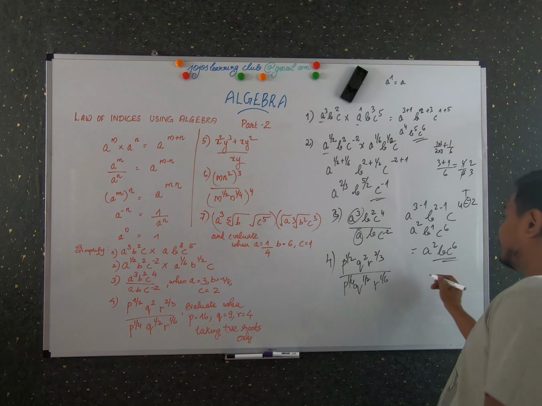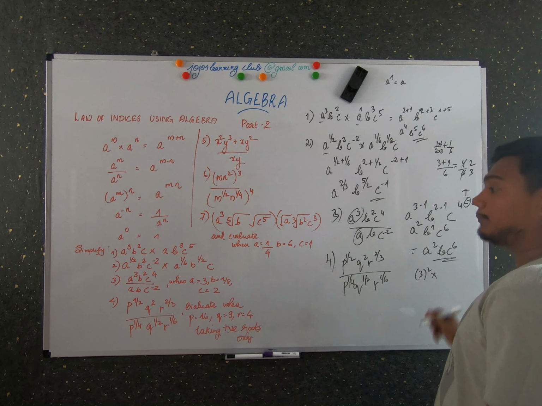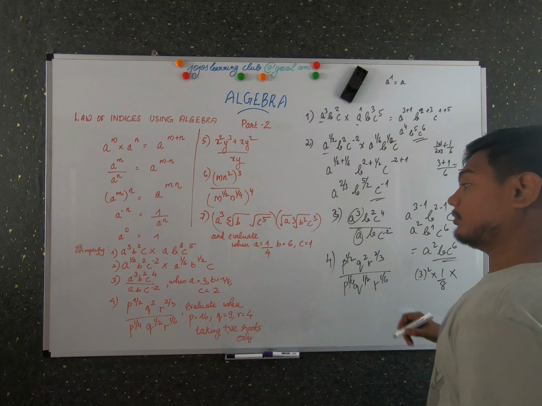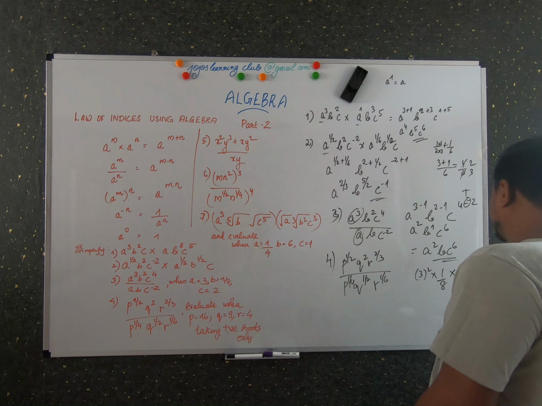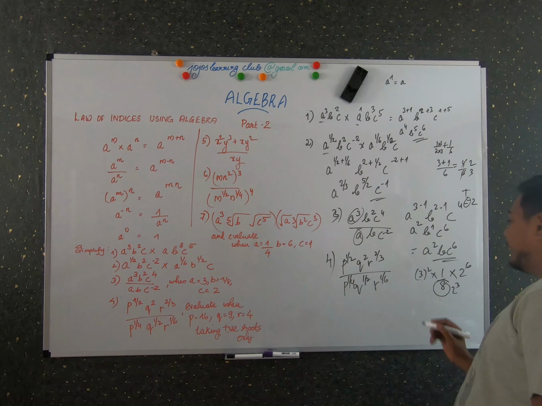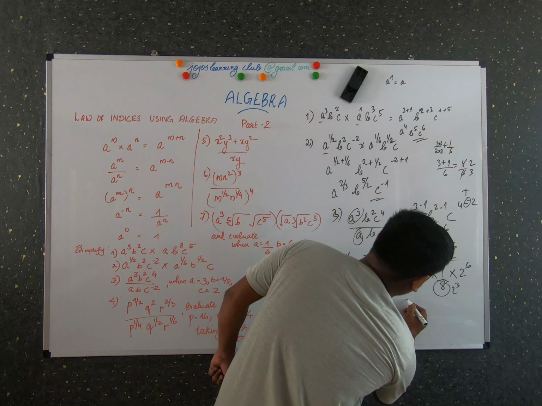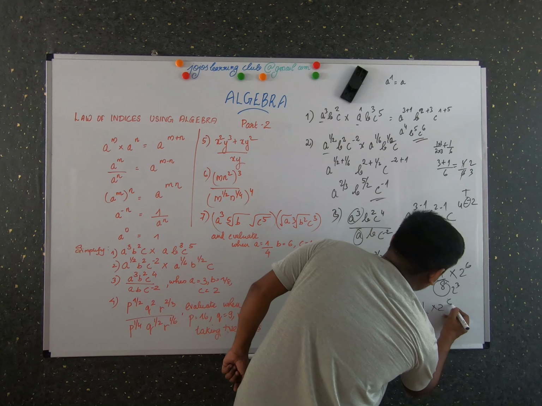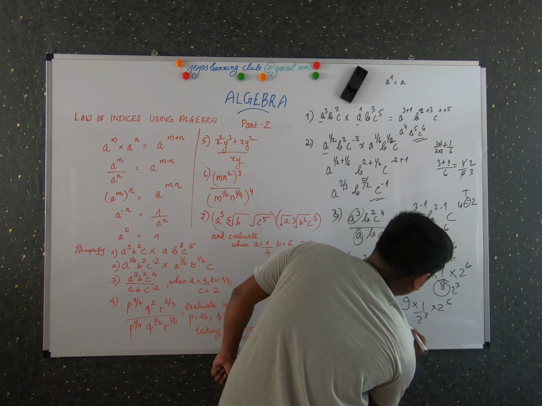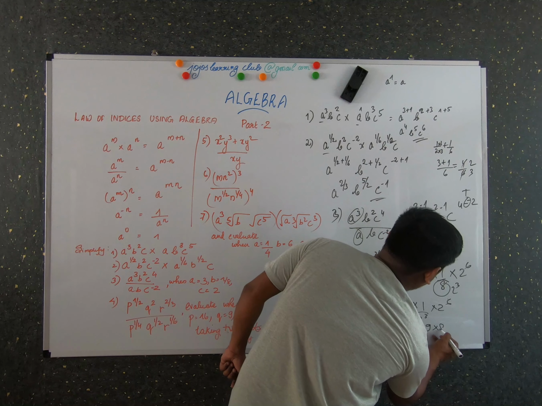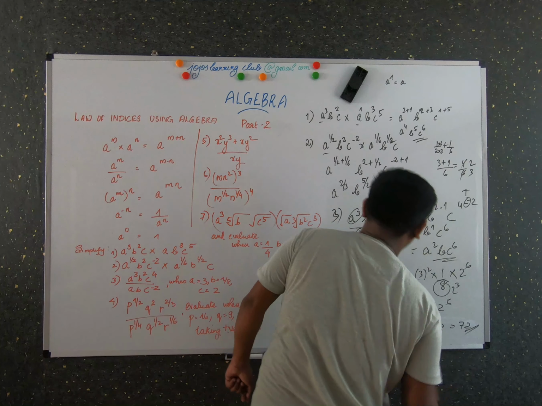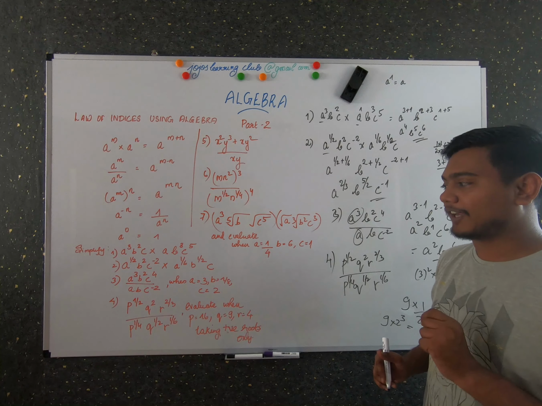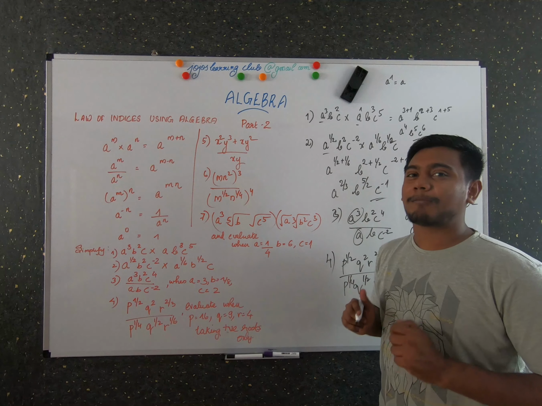A is 3, so 3 squared, into B is 1 by 8 and C is 2, so 2 raised to 6. We know that 8 is 2 cubed, right? So I am going to simplify it. 3 squared is 9, into 1 by 2 cubed, into 2 raised to 6. 2 raised to 6 divided by 2 cubed gives 2 cubed, which is 9 into 8, and the answer is 72. So that was the final answer for problem number 3. And now let's go and discuss problem number 4.